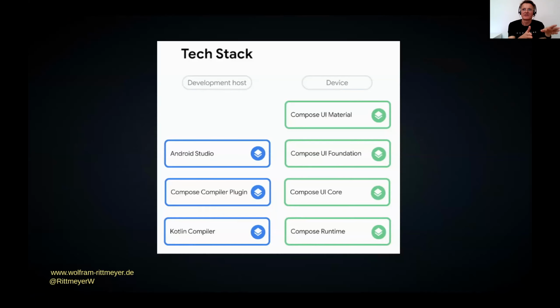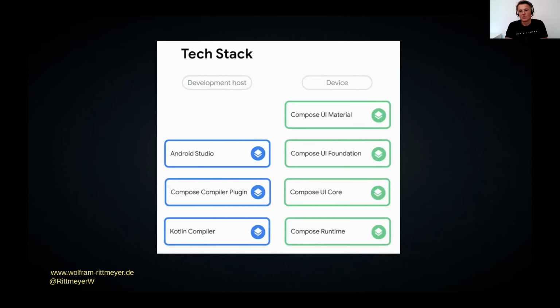On the left side is what we use while we develop the app. So obviously the Kotlin compiler, but we have this compiler plugin that does all this magic for us. And we have the Android Studio with the possibility to see previews of our components and to also interact with the components in the preview. And on the right, that's what we ship eventually.